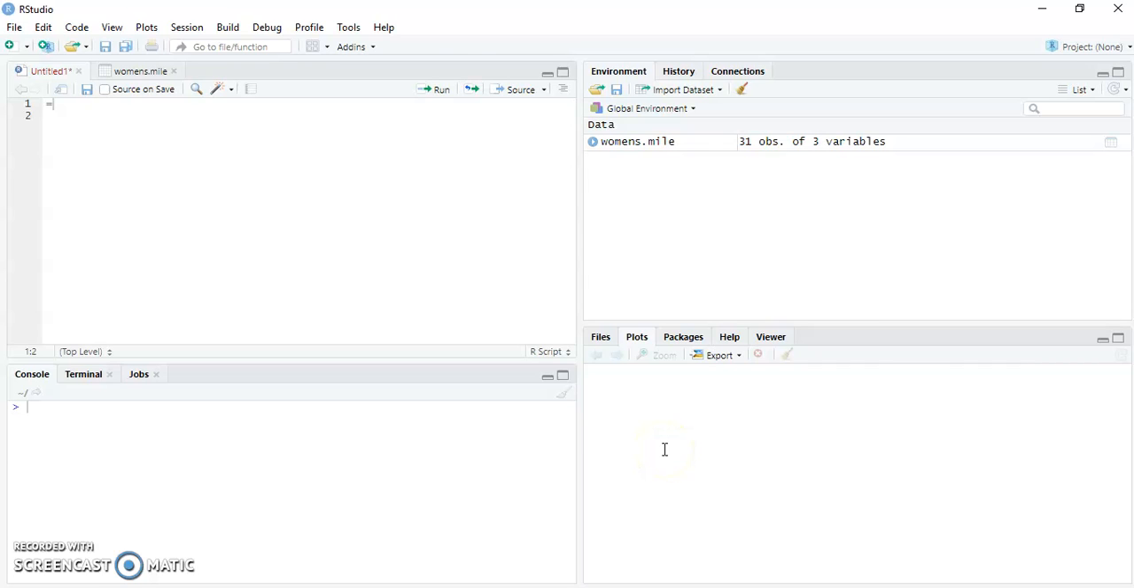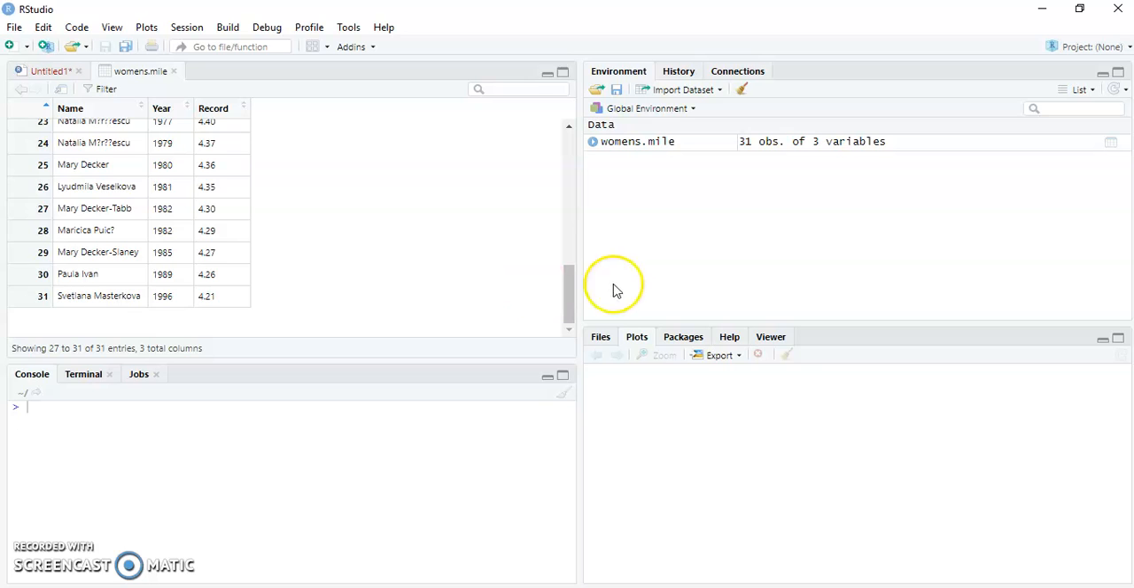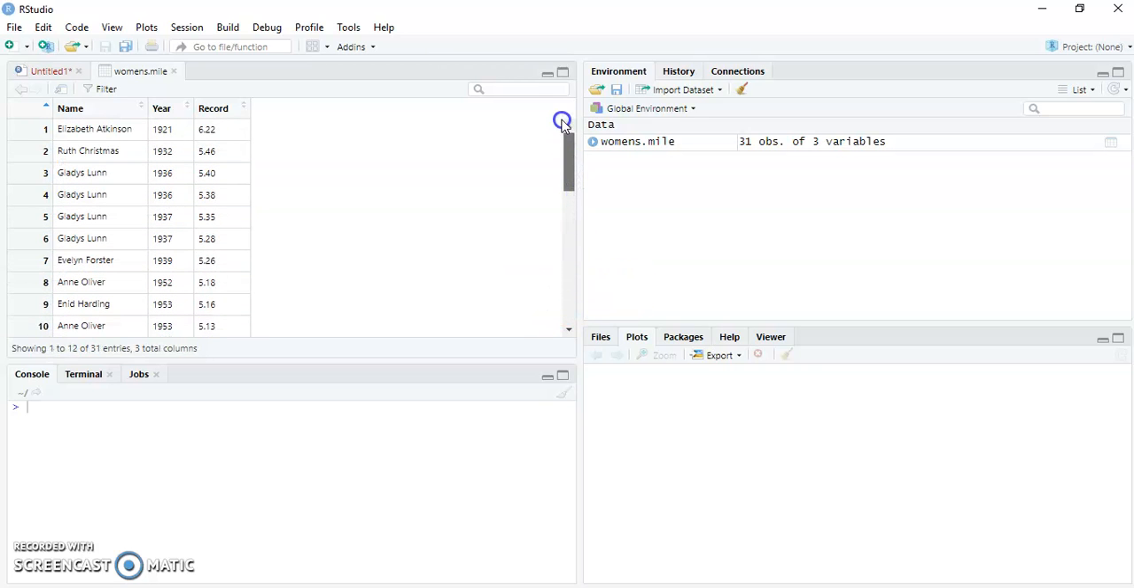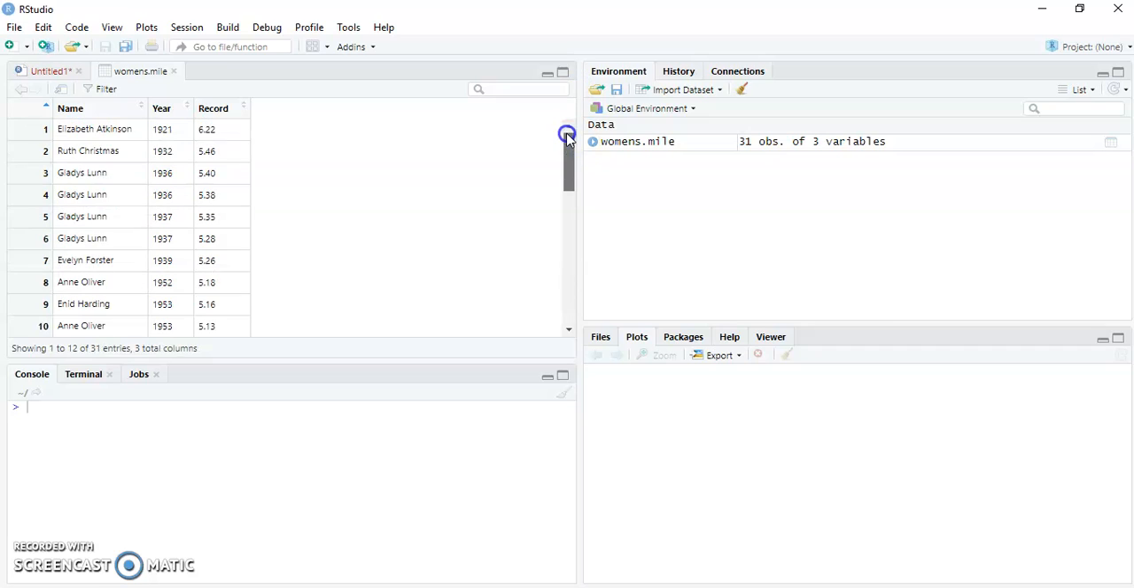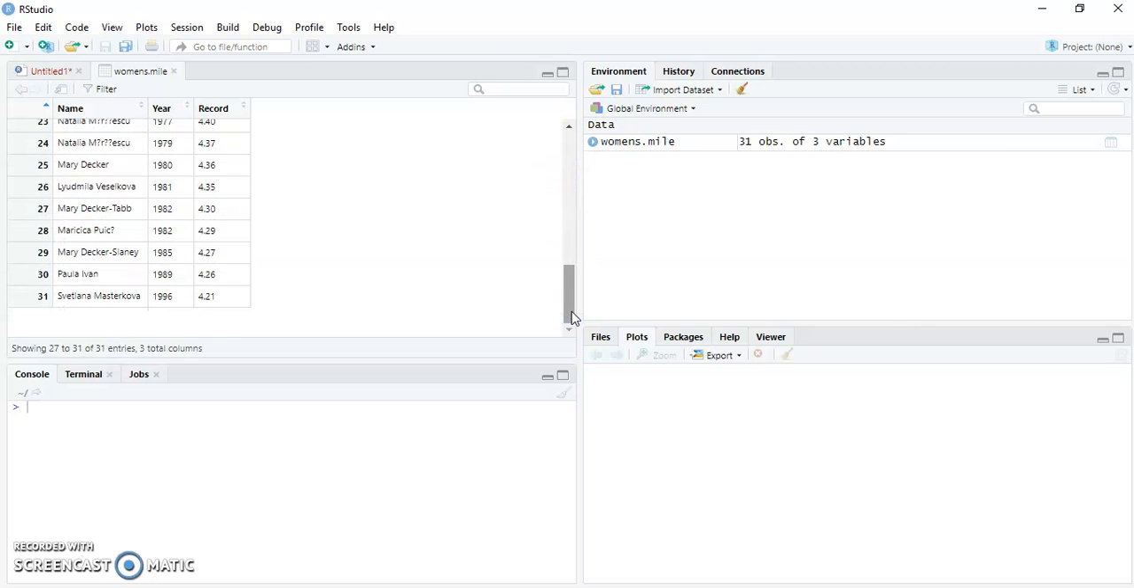Hey there, I want to talk to you about how to do some linear regression modeling in RStudio. What I've got here is some data on the women's mile world record as it has changed over time from 1921 up to 1996. In 1921, the world record was just over 6 minutes for the women's mile, and in 1996, just over